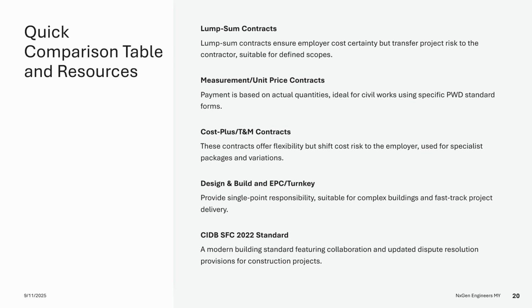For further reading, authoritative sources include PAM Standard Form, pam.org.my, PWD Forms, contirac.water.gov.my, CIDB Guidance, CIDB, FIDIC Materials, FIDIC.org, and CIPAA Resources, DLA Piper,